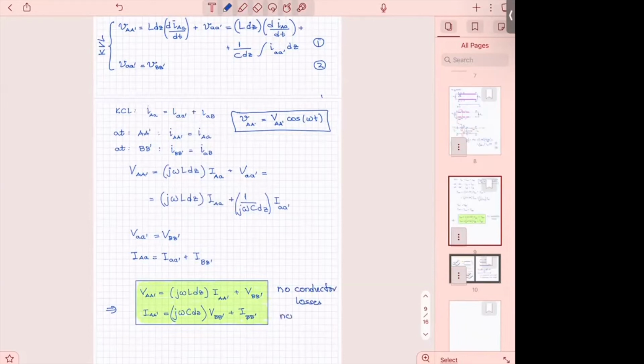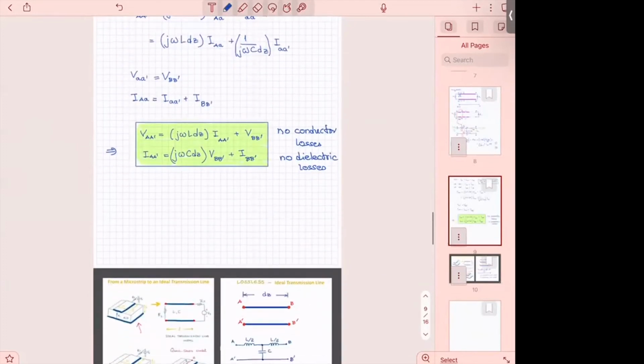And no dielectric losses. Now I have to ask you a question. Okay. When I have a dielectric and a material, before I go to dielectrics, any material has three important parameters. Let me simplify. Dielectrics, I need to remind you, dielectric materials